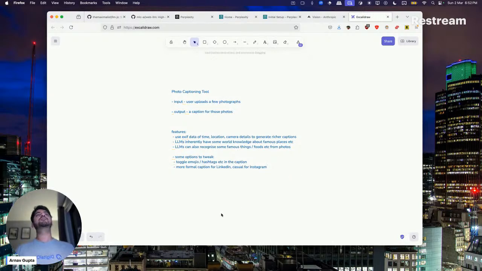So I just want to build something like this. I think a GPT wrapper for something like this is a good side project to learn how to build a GPT wrapper. By GPT wrapper, it does not necessarily mean GPT. We can use a lot of tools. So that's something that I want to build.